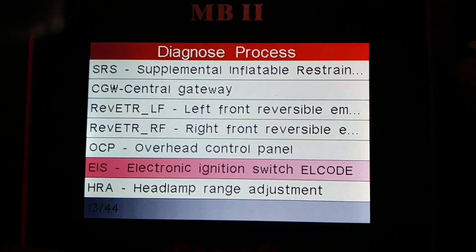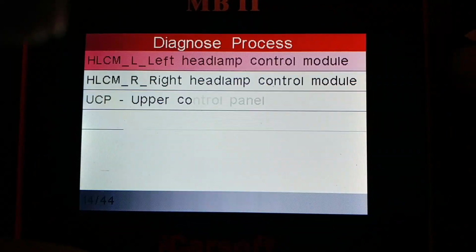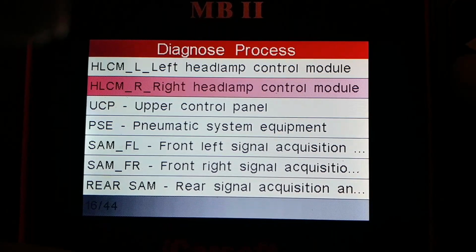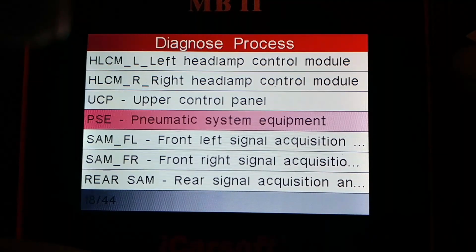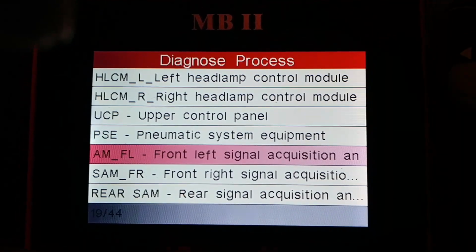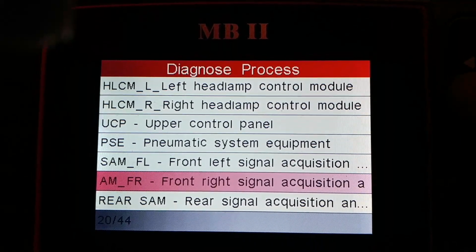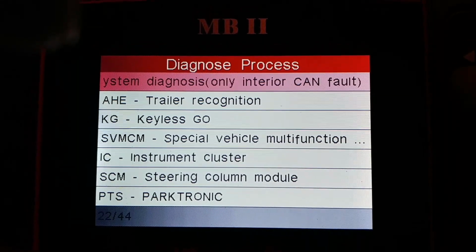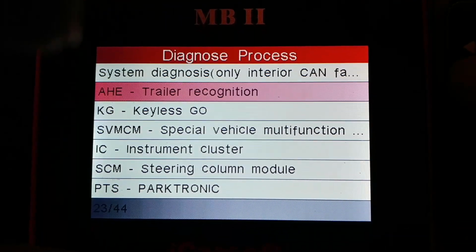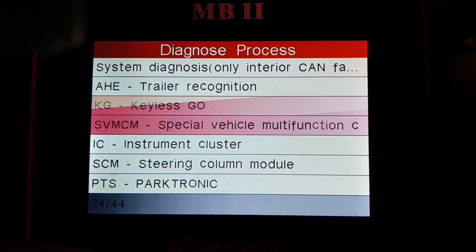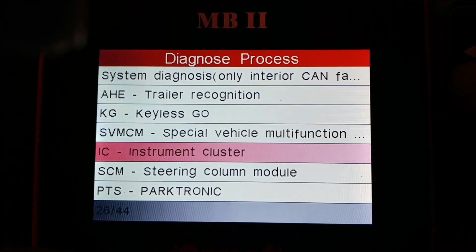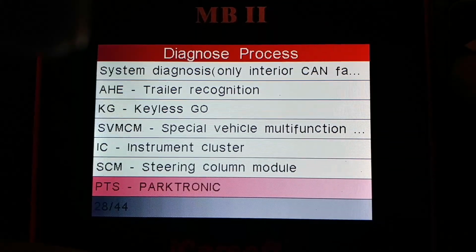Overhead control panel, EIS, headlamp range, left headlamp and right headlamp control modules, upper control panels, PSE, SAM, front left, front right, rear SAM, system diagnosis, trailer, keyless go, special vehicle multifunction controller, instrument cluster, steering column module,